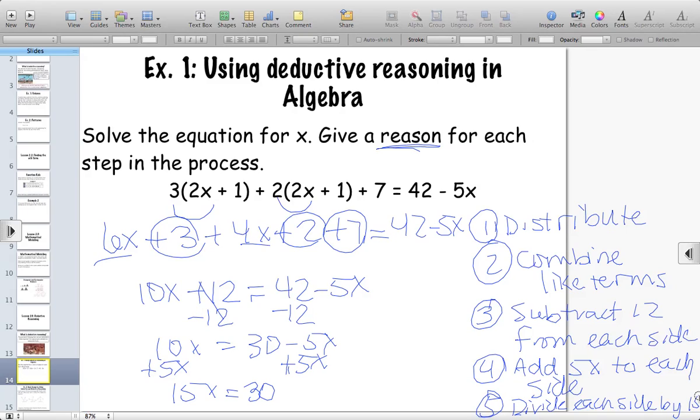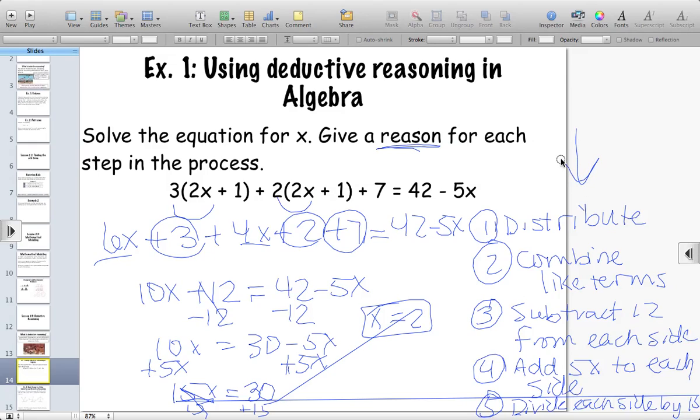So 15x divided by 15 is 1x, and 30 divided by 15 would be 2. So x is equal to 2. So there's my solution, and